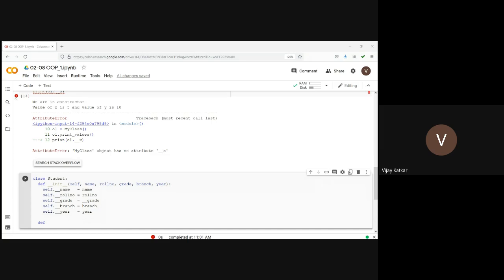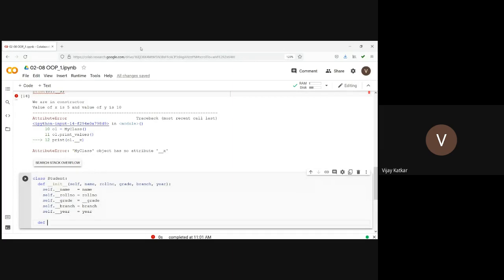See, get methods and set methods are required. Why? Because all the attributes are private attributes or protected attributes, so I cannot access those directly. If I want to access those attributes, I should write get methods, which will give me the value for those attributes. And if I want to set the values, I should use set methods, and these set methods must check or validate the value before assigning.